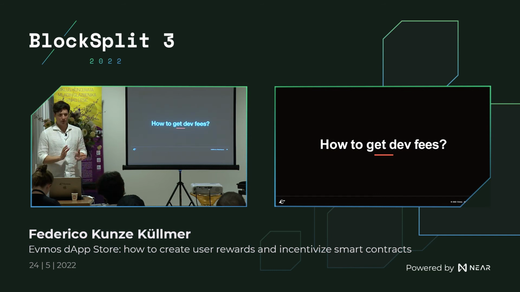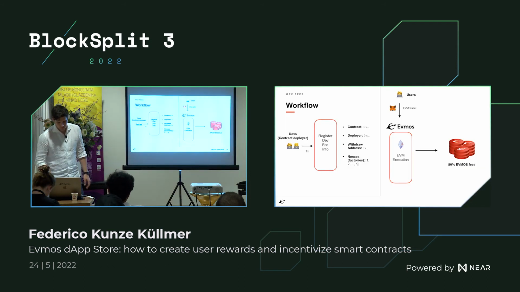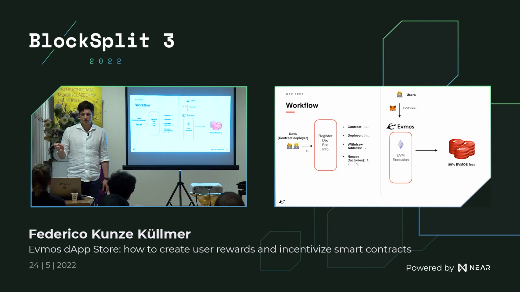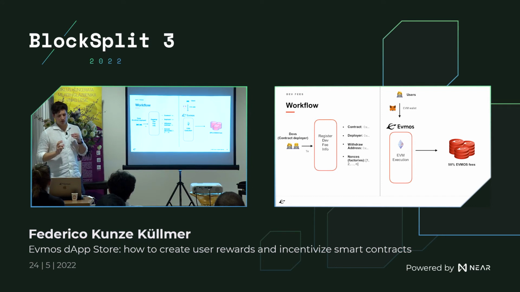On the other hand, if you're a developer and want to start getting 50% of the transaction fees, you can opt in through a transaction. Specifically, the contract deployer, and this is very important because the only way we can derive the address of the contract is by using the deployer address and the nonce they provided in the transaction that created that contract. So the contract deployer would submit a transaction with the contract,